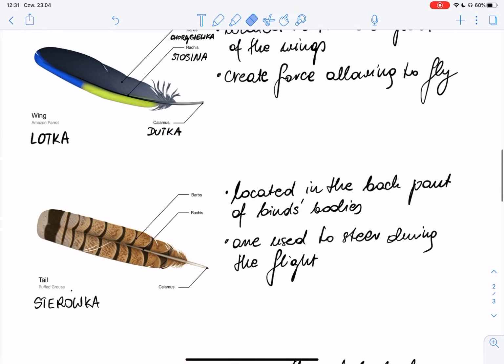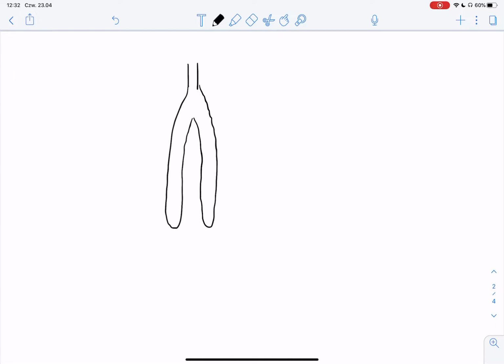And guys, another thing that is really important and interesting about the birds is the fact that they have lungs, but their lungs are connected with air sacs. So we have the main lung part. They are in the form of long tubes, but to this we have attached the air sacs. So basically those are empty bags,